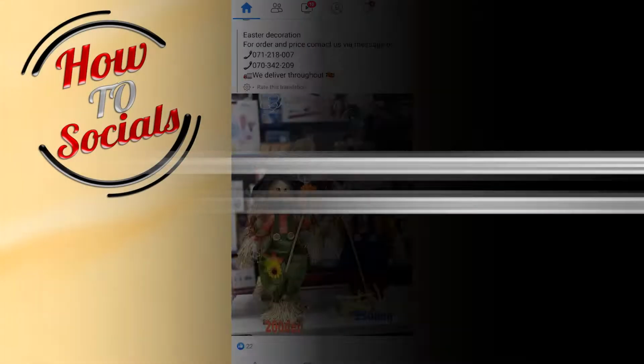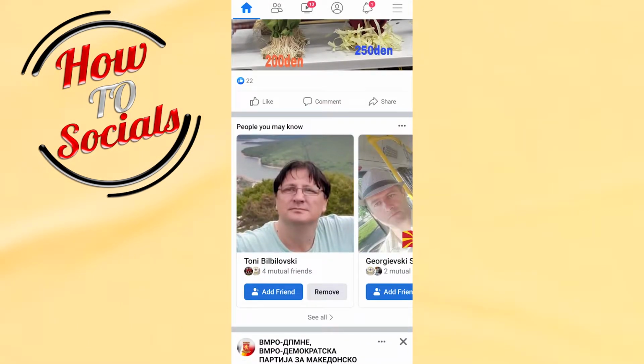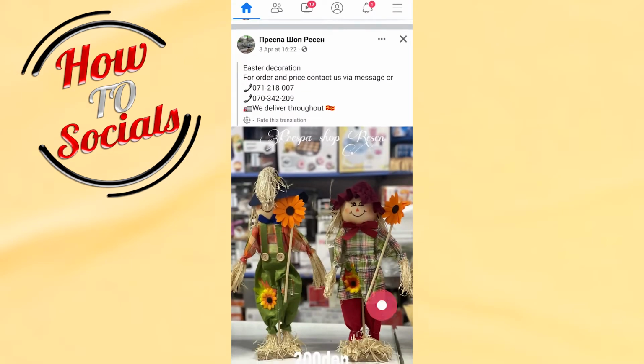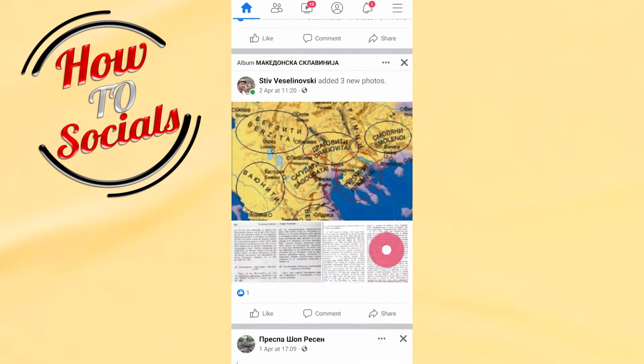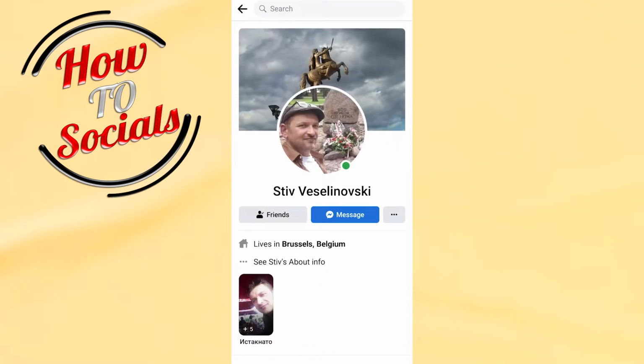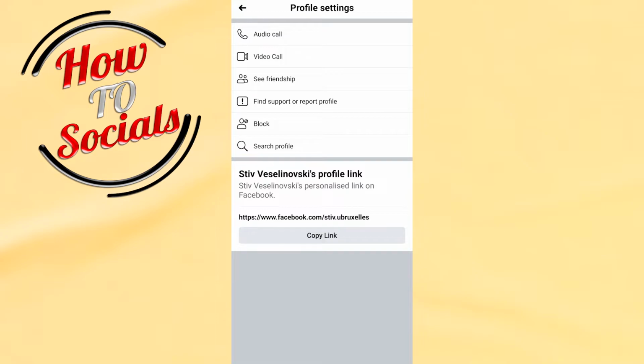For example, if you find an account that you think is fake, you just need to take a look at it. For example, we will go with this account. Now, if I think that this is a fake account, I need to go on his profile and go to the three dots beside the message button. Then, as you can see, there are a lot of options, but I need to choose the fourth selection,